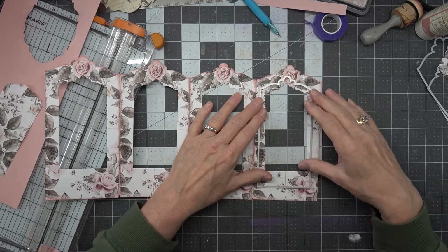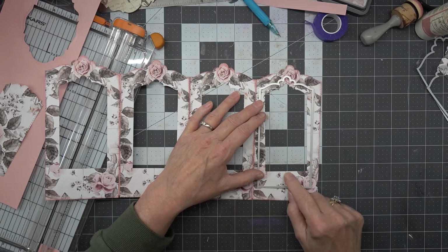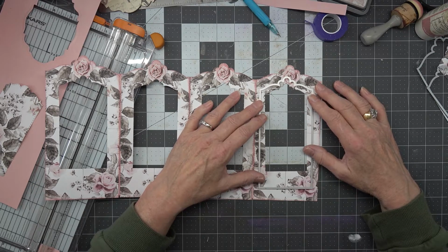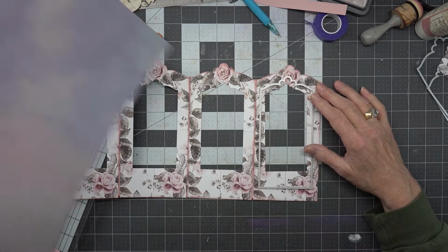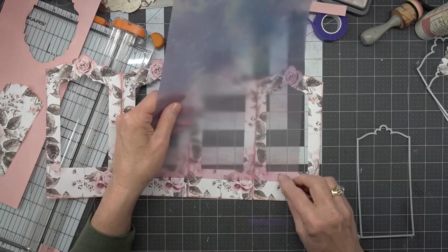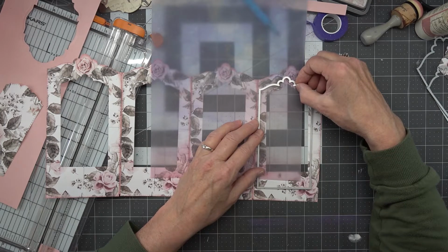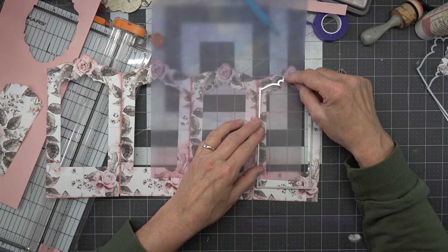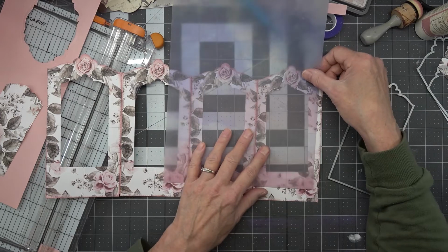The next thing I did was I got out this die, and you'll notice it has quite a bit of space down here. You could use that like that, and what I'm talking about now is the window paper for each of the windows. We can save quite a bit of paper by not cutting all the way here. I don't know if that makes sense, but